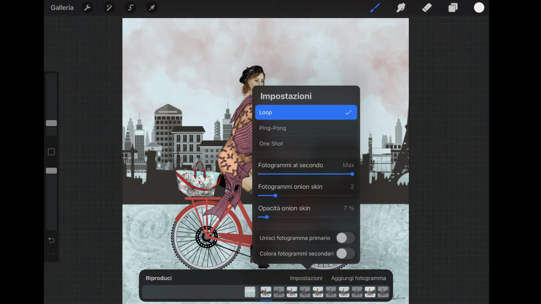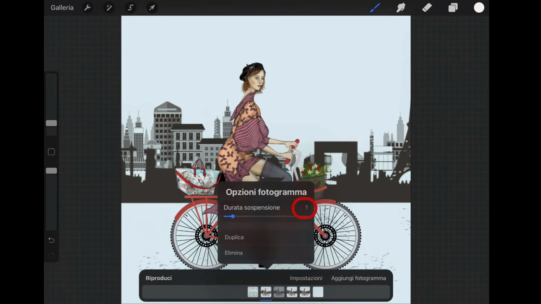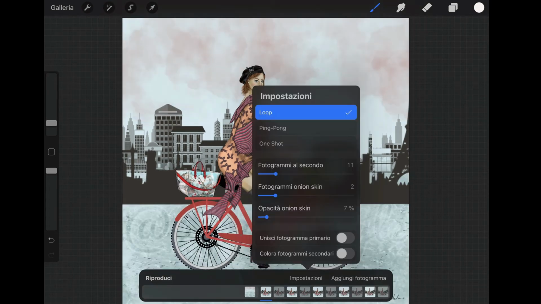The typical animation has about 12 frames per second, whereas an animation of a more cinema quality can have up to 24. The greater the number of frames per second, the smoother the animation will be. We can speed up the animation by reducing the number of frames, or slow it down by adding more intermediate frames.